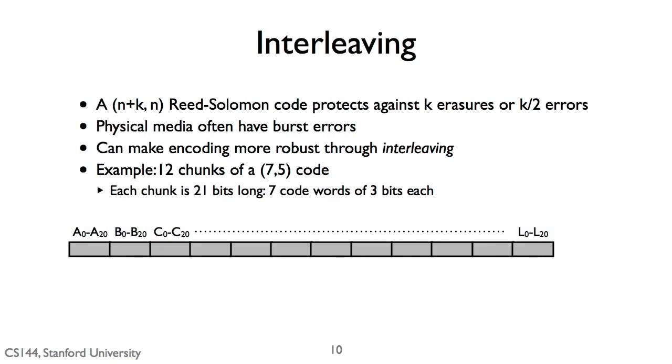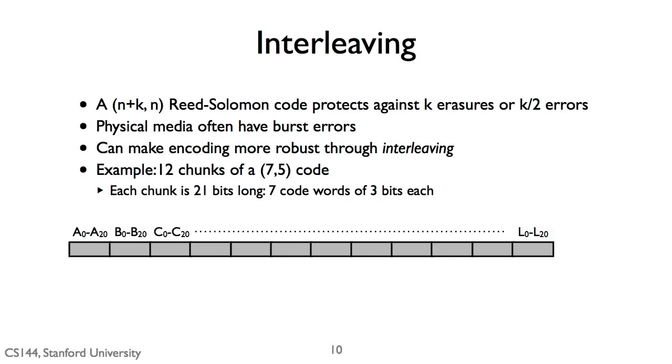So there's one other trick that you can use. This is very common. This, for example, is done in CDs. One of the assumptions you often have is that errors in the physical layer, some of them are just interspersed and random. Those are easy to handle. What's hard are bursts of errors. And so the way you can make your coding scheme more robust to bursts of errors is through something called